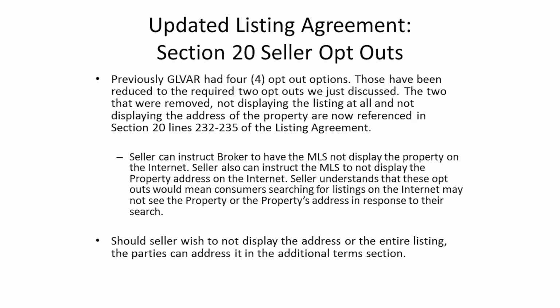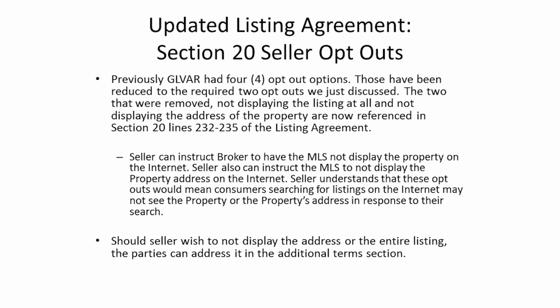We used to have four, now we only have two. And it is online commentary and automated estimates of value. Those are the only two that are required by the Department of Justice consent decree. The other two opt-outs, address and